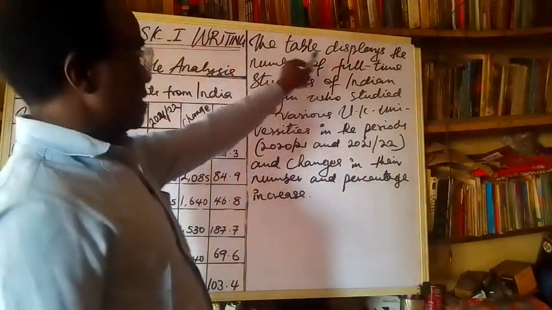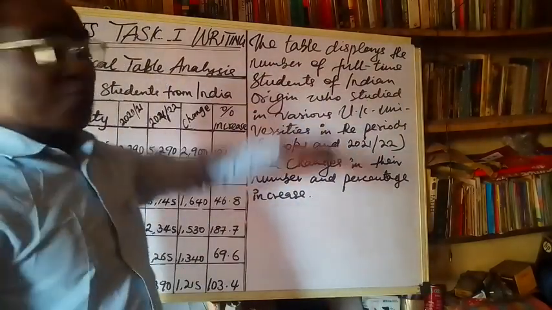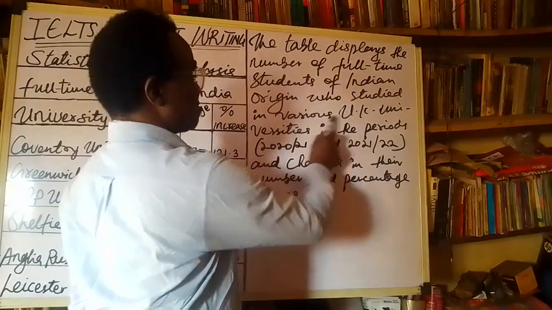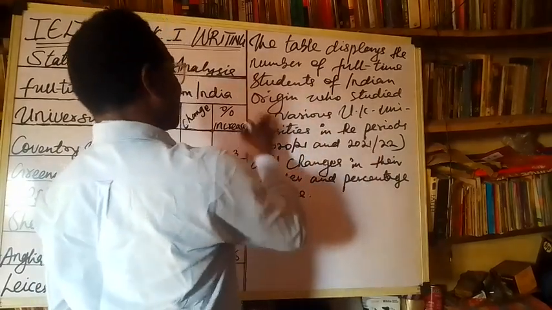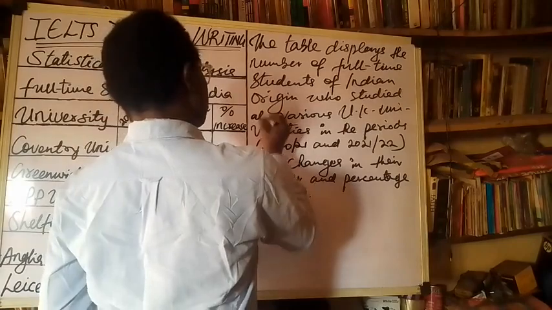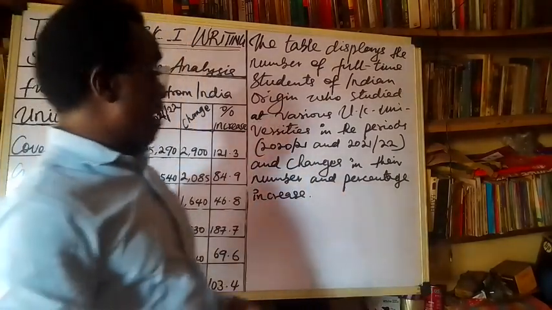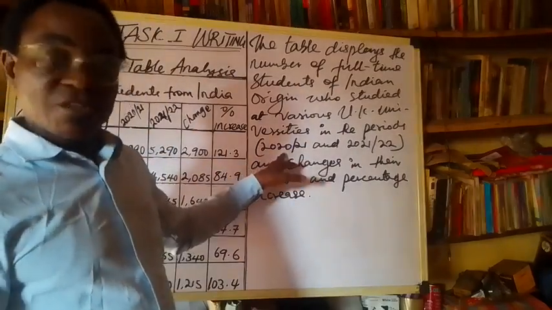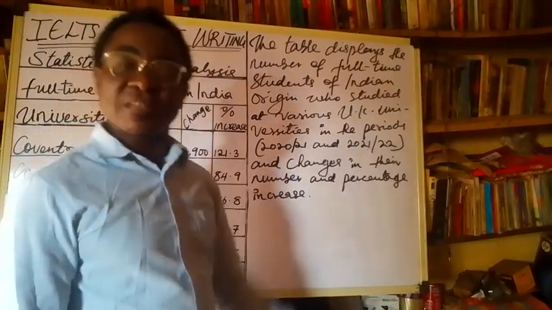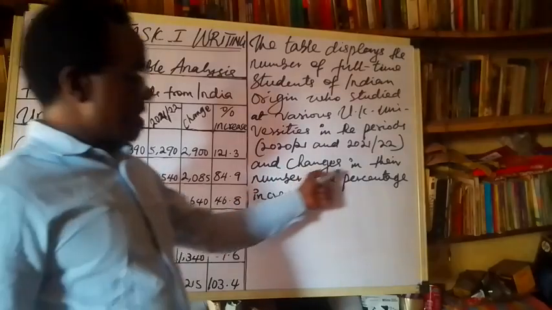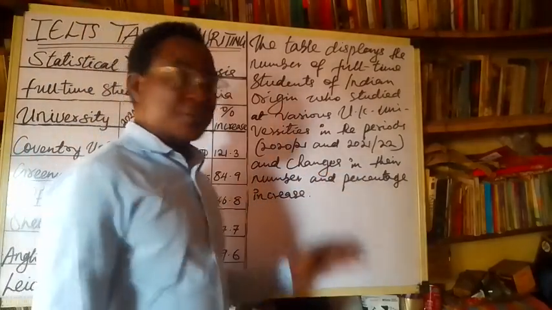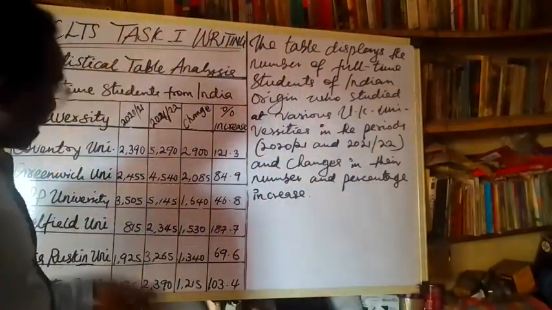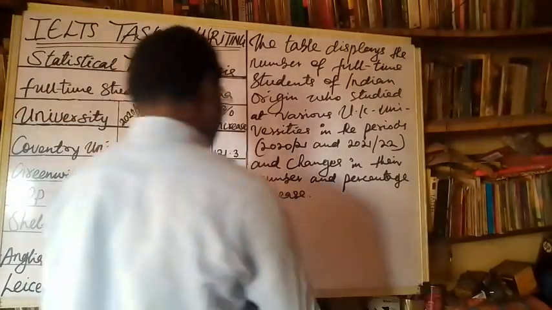It says the table displays the number of full-time students of Indian origin who studied at various UK universities in the periods 2020/21 and 2021/22, and changes in their number and percentage increase. That is the intro. Now we can take the overview. We begin by saying